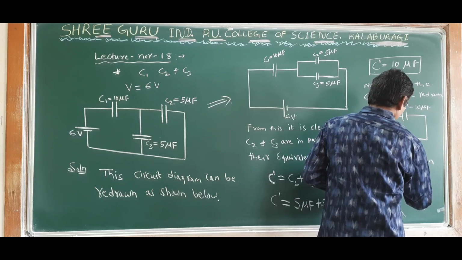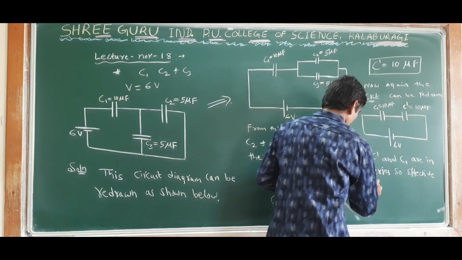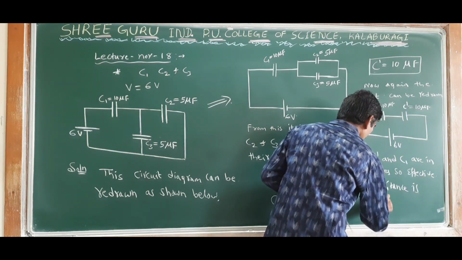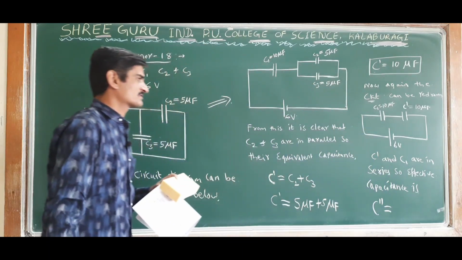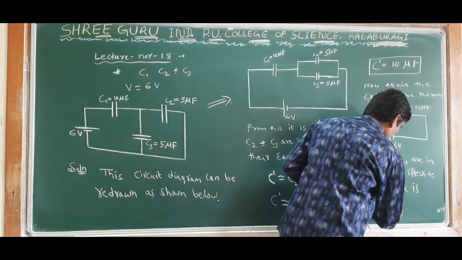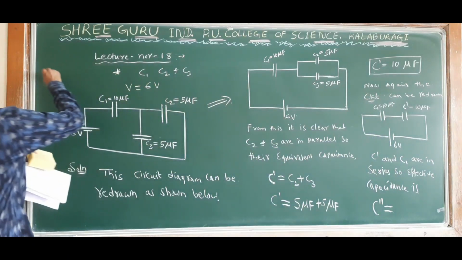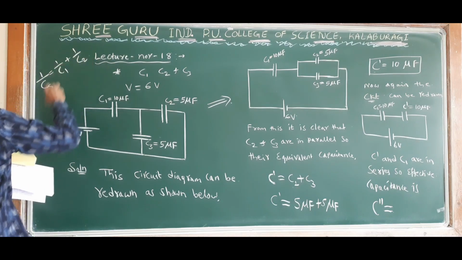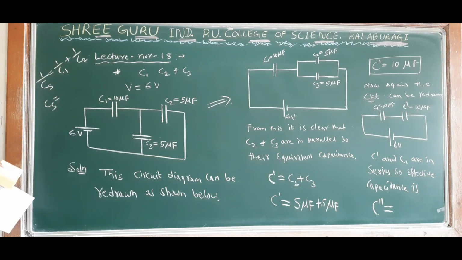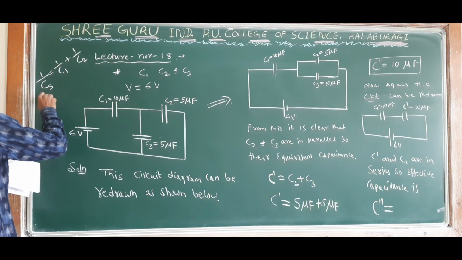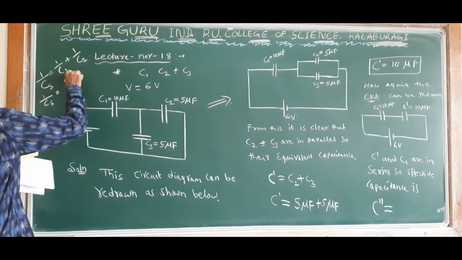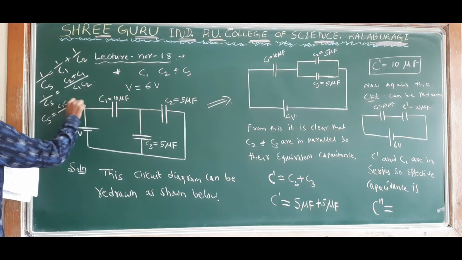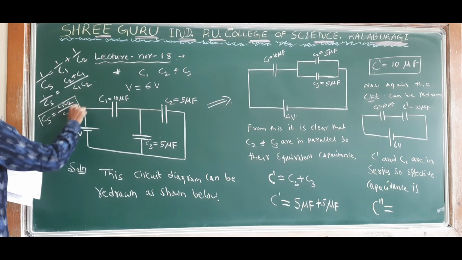So effective capacitance is C double dash, I will say. When two capacitors are in series, how will we write? I will show it here. 1 by Cs is equal to 1 by C1 plus 1 by C2, right? So this can be done as, we will cross multiply, 1 by Cs is equal to C2 plus C1 over C1 into C2. And now Cs is equal to C1 into C2 divided by C1 plus C2. Like this you can write for two capacitors.